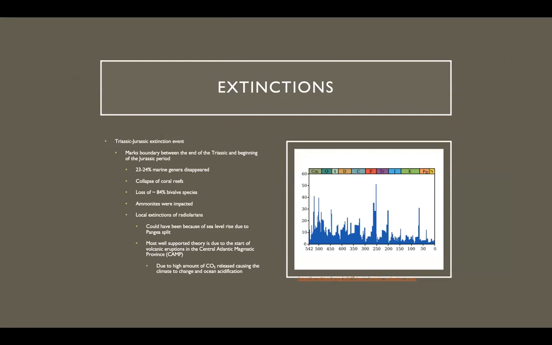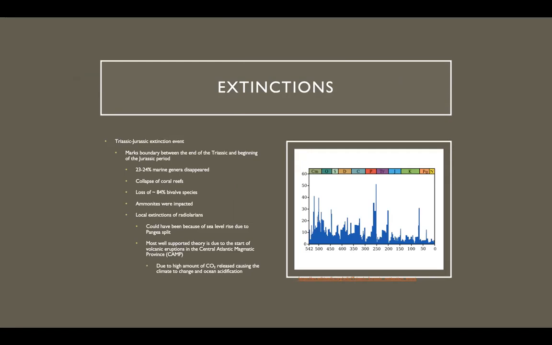And this also caused a collapse in coral reefs and a loss of 84% of marine species. And ammonites were also impacted by this as well. And there were also local extinctions of radiolarians during this time as well. So this could have been because of sea level rise due to the Pangaea split, but the most well-supported theory is